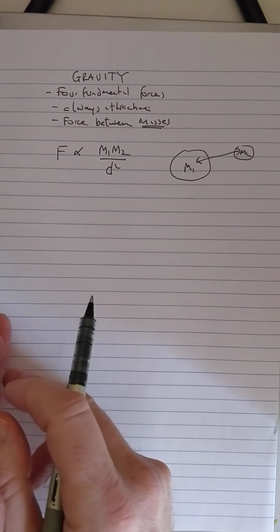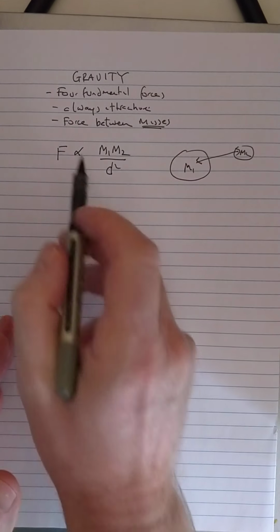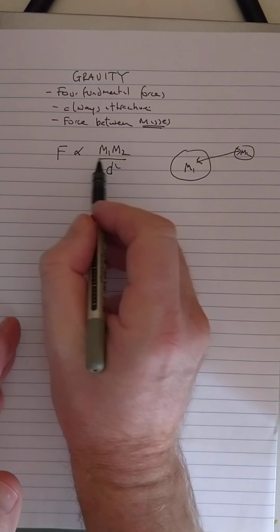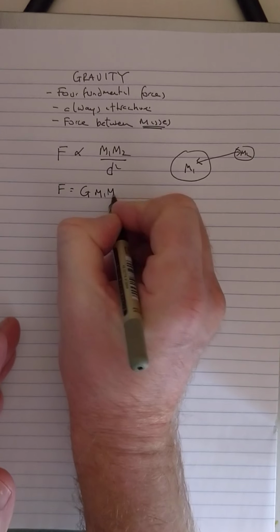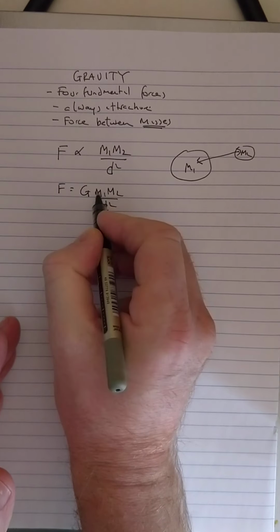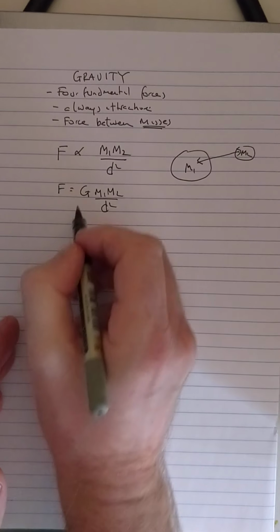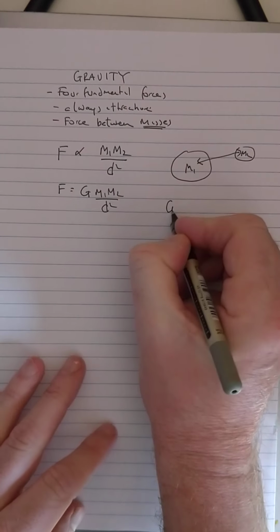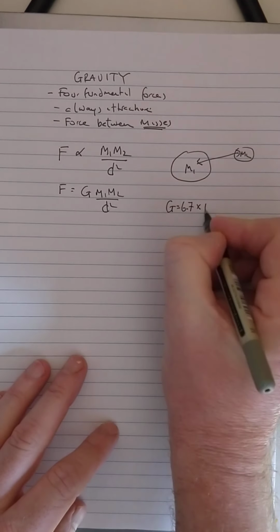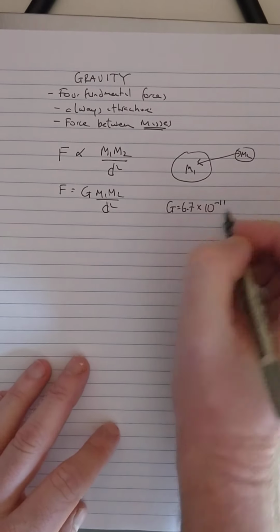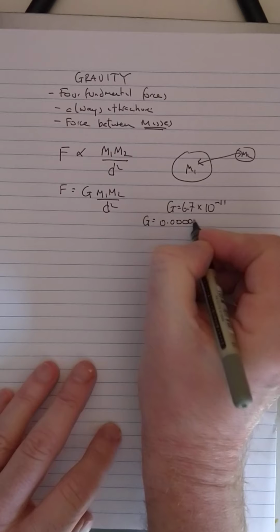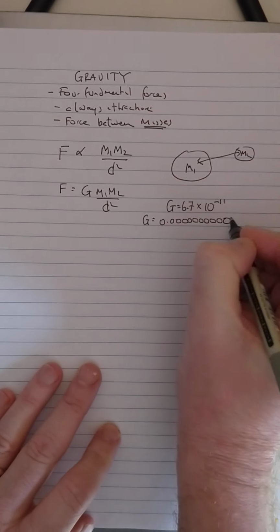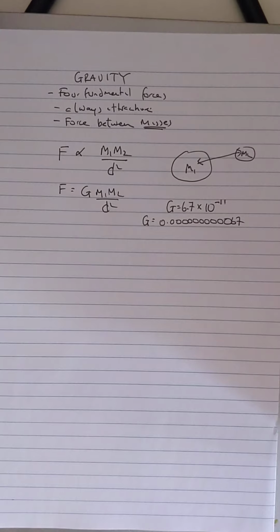Now, we know that the force between masses is very small normally, because otherwise we would all be stuck to each other. So how come? If you look at this, to make this small, the constant has to be a really small number. Otherwise, if the masses were reasonably large and the distance reasonably small, the force would be large. This has to be a tiny number, and it is. It's called the universal gravitational constant, uppercase G. When you write it out like that, you suddenly realize this is a really, really small number. And that's what we need.